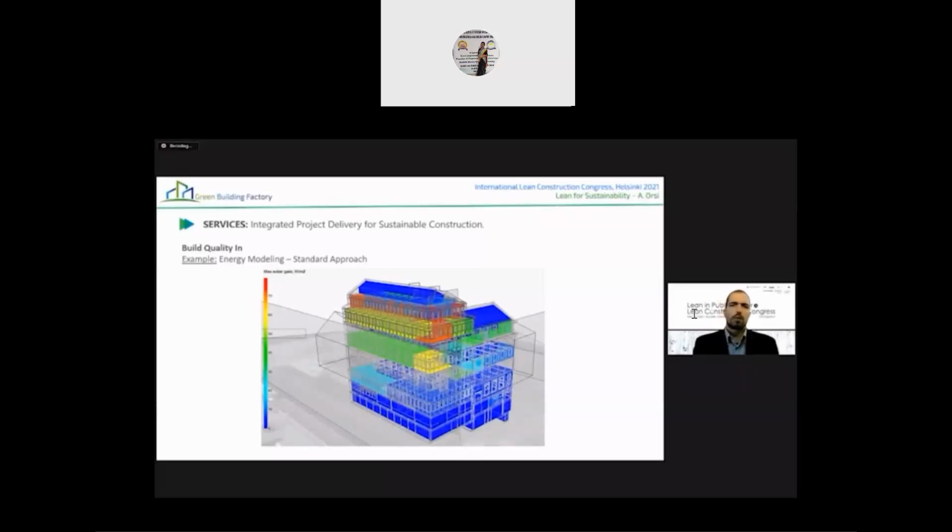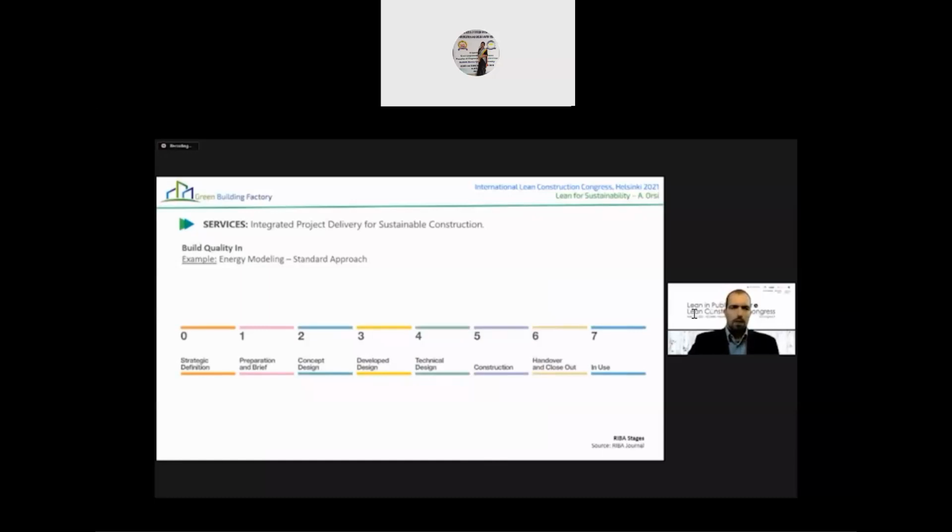So for example, if you have thermal bridges, if the HVAC is properly designed, how the pipeline works, etc. The standard approach, as we see it now on the market, is that during the process, you call in one consultant, typically by the end of the technical design, who develops the energy modeling,